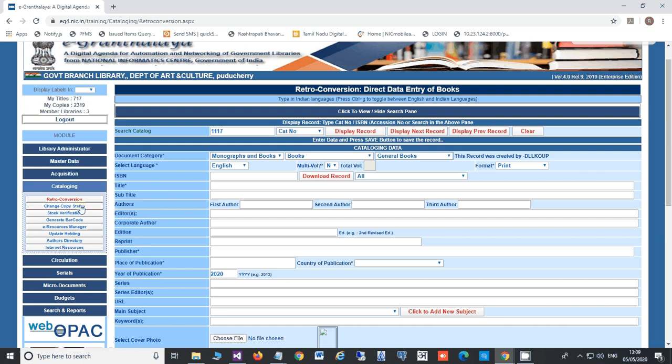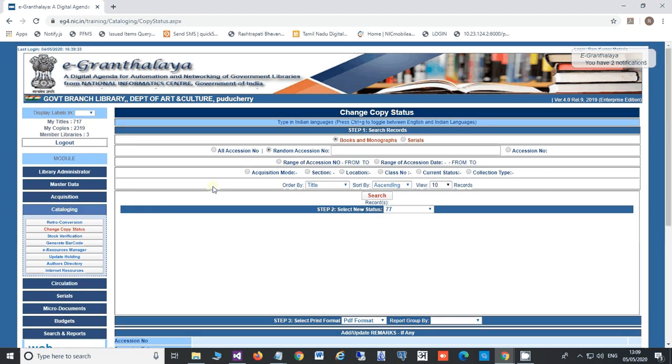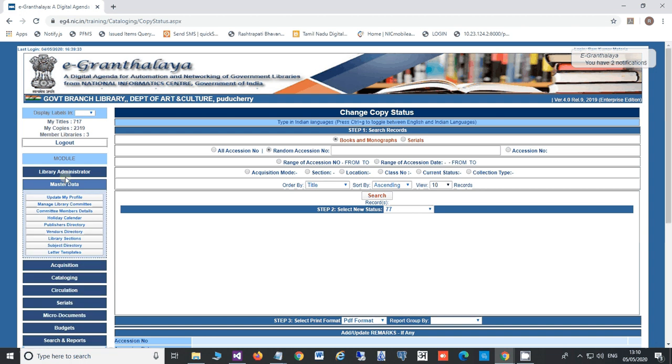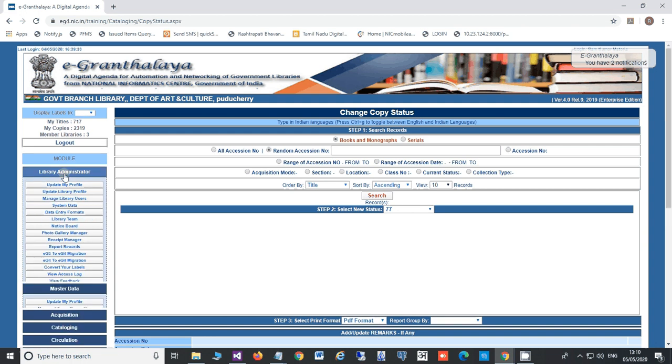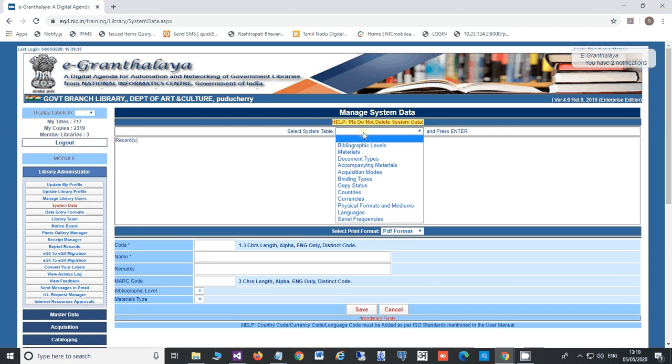Now the next form under the module is change copy status. Basically when you add a new copy, the default status is available, but later you may require to change the status. So first of all you need to create a new status under the system data if it is required.